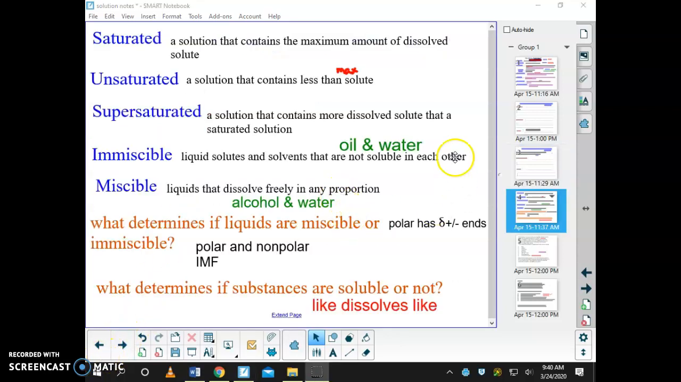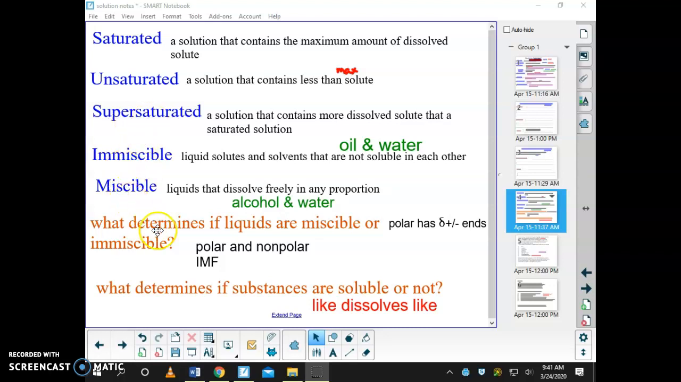Here are some other vocabulary terms. I will pause a moment for that. Look for the short video demonstrating supersaturated solutions. We will look at sodium acetate, which you may find in hand warmers,